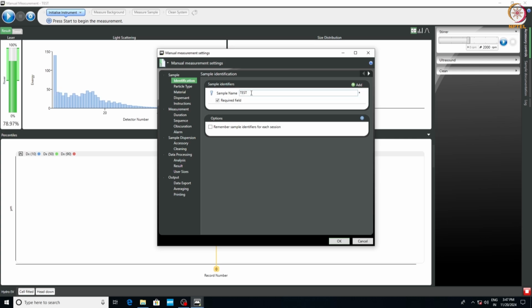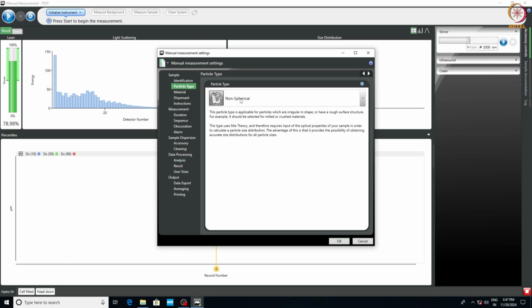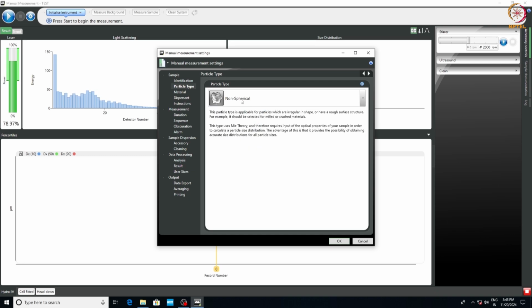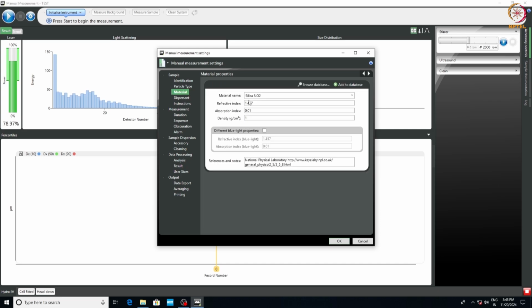For demonstration purposes, I have just written the sample name as test. Next, go to particle type. Here you can find all types of particles that are compatible with the analysis. Based on the particle type you have, choose it from here. It could be non-spherical, spherical, or opaque particles. For today's demonstration, I will be using the non-spherical. Next is the material.